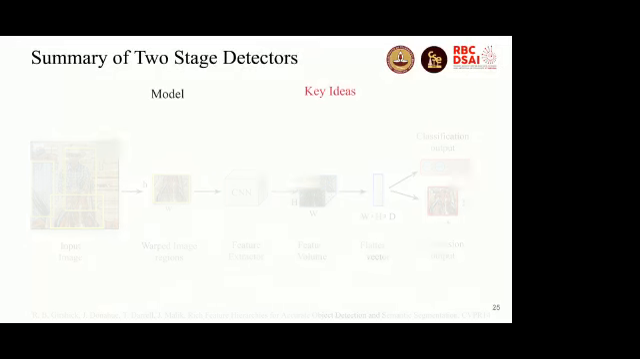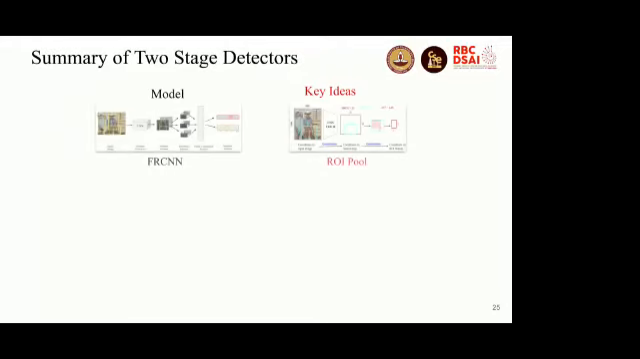And now if I were to talk about the main ideas that have come out in 2-stage detectors, then the first most important idea is the idea of something known as ROI pool, right? Where ROI stands for region of interest. And it comes from a very simple requirement that when you're proposing boxes here or when you're proposing regions in the original image,